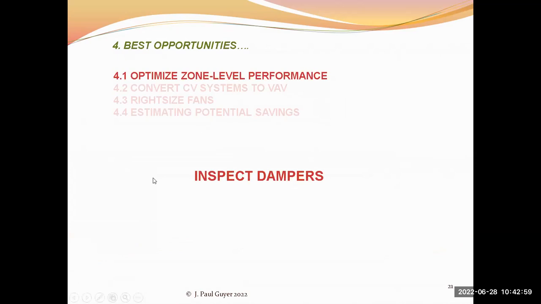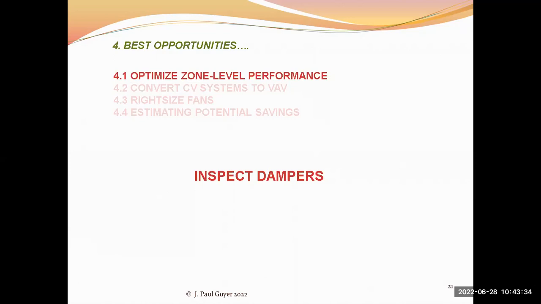And another thing that needs to be done as a routine O&M activity within the category of optimizing the zone level performance is to inspect dampers, because periodically they get bent or they get stuck, and they're not doing what they should be doing according to the